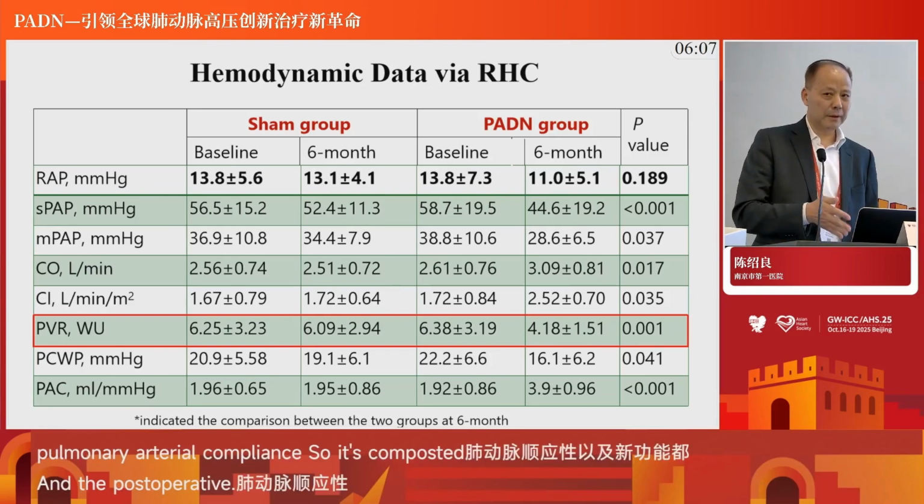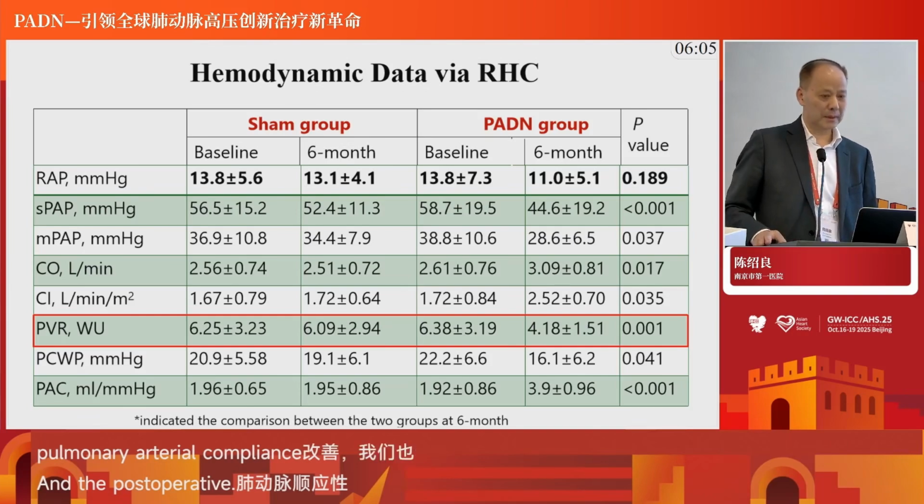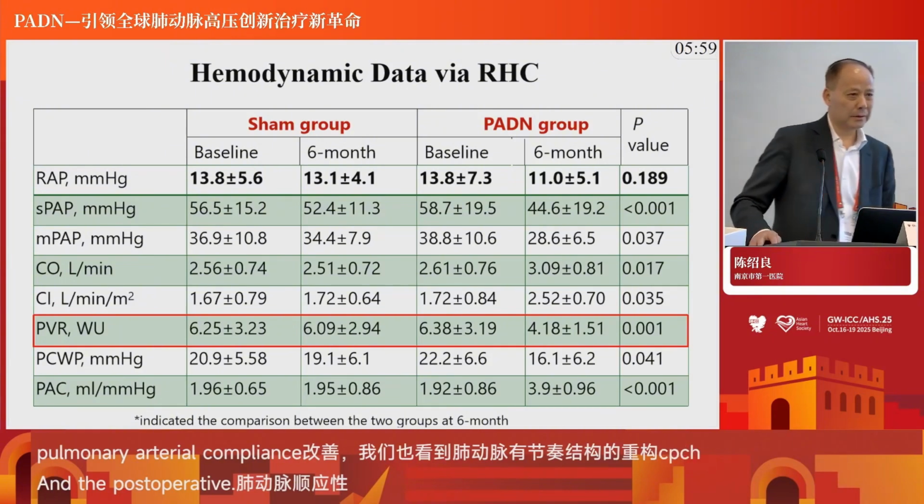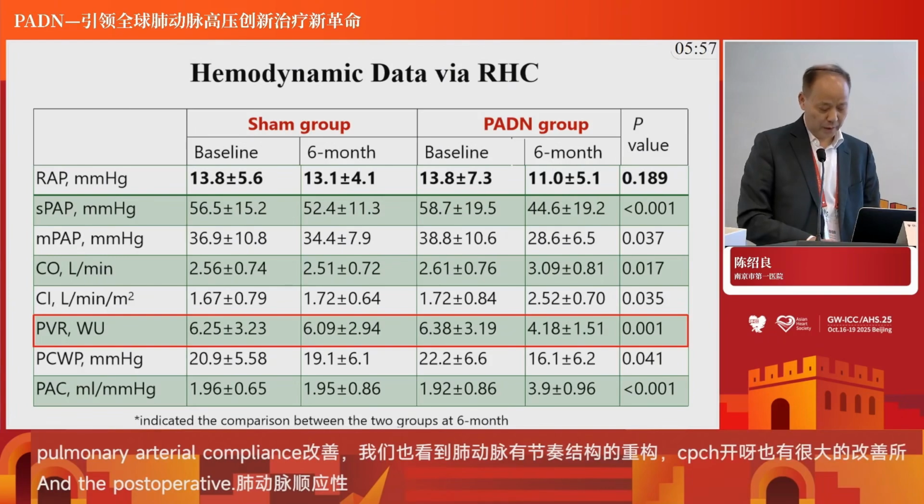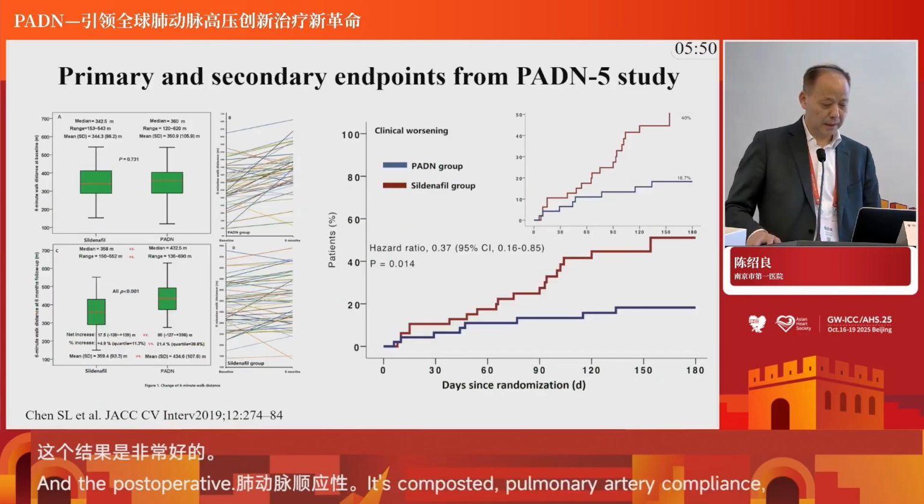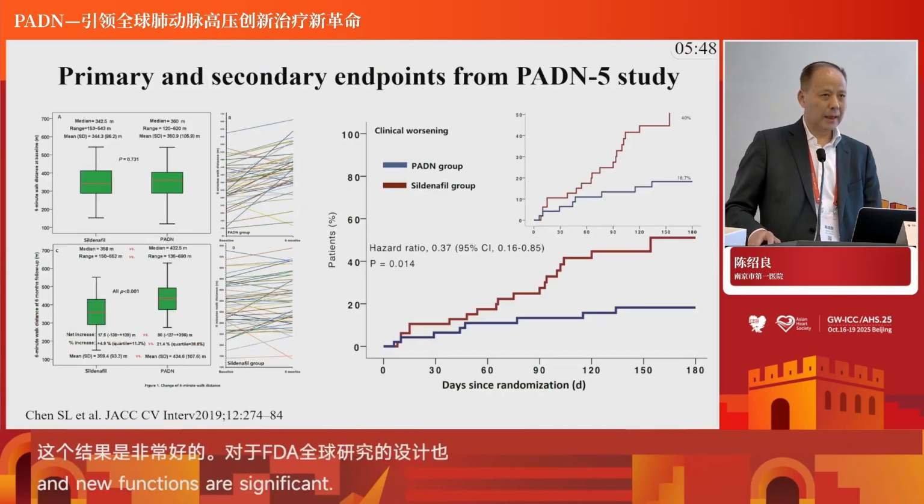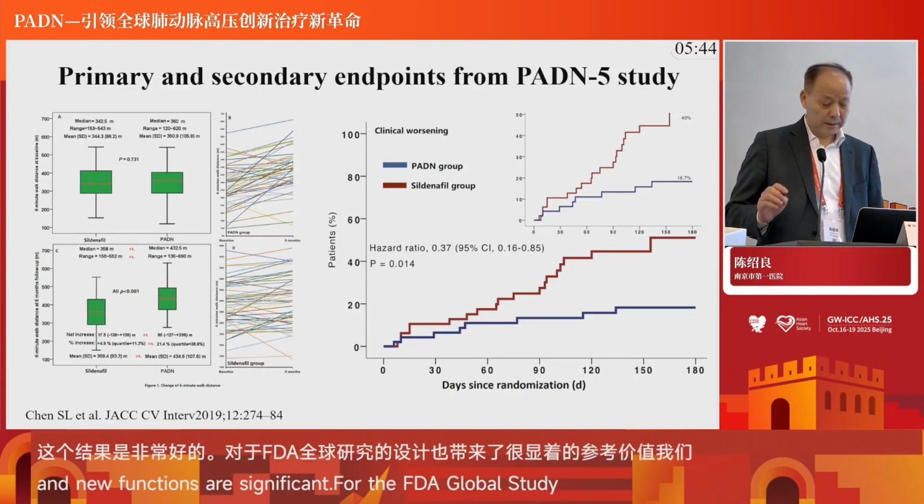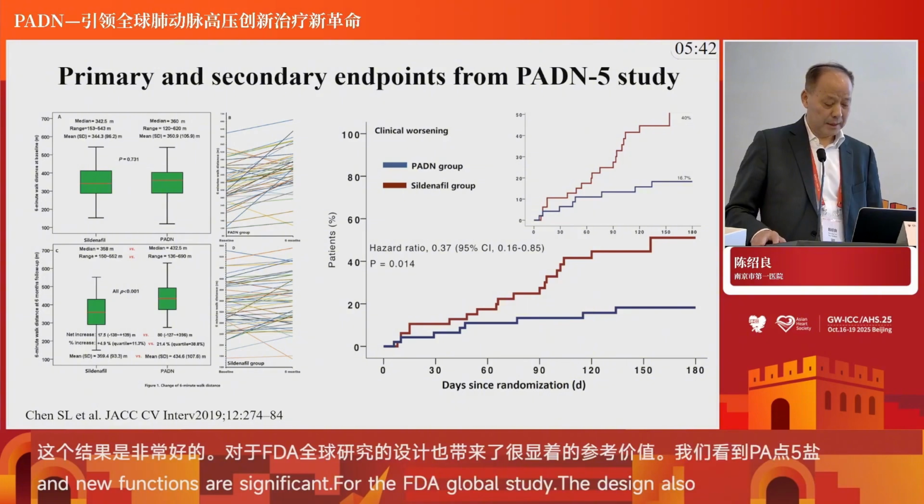Because basically, we only include patients with CPCPH. So I think these are very, very important results. Right now, it is guiding the new design for the FDA global trial, because we are very confident about the significant improvement in hemodynamics. Following the primary endpoint study, we also provide the 1 year or 6 months percentage of the clinical